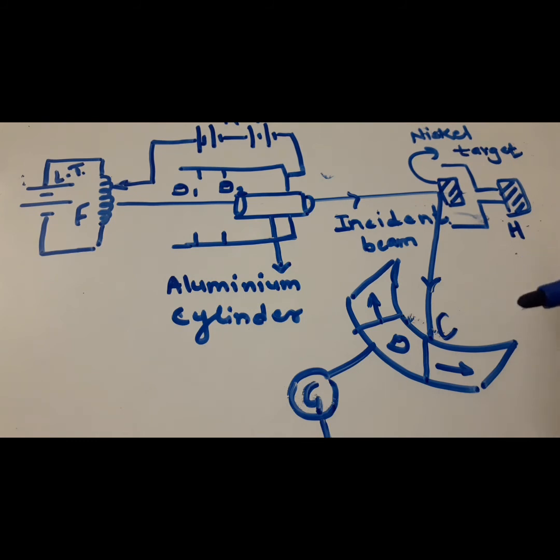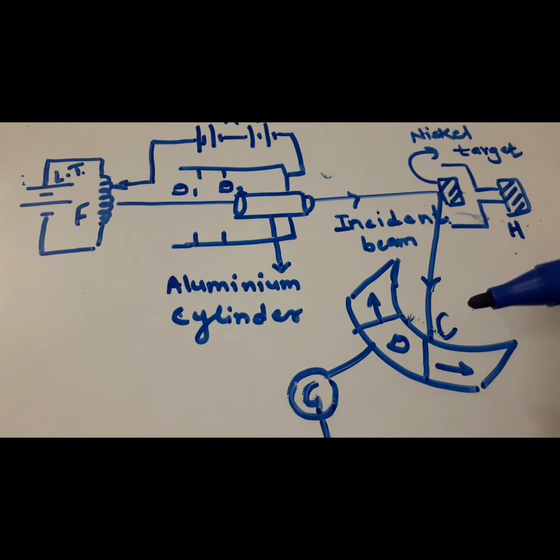The walls of the collectors C and D are insulated from each other, and a retarding potential is applied between these two walls across the collector, so that the electrons having the velocity equal to that of the incident velocity and those excited by collisions with atoms enter the collector.